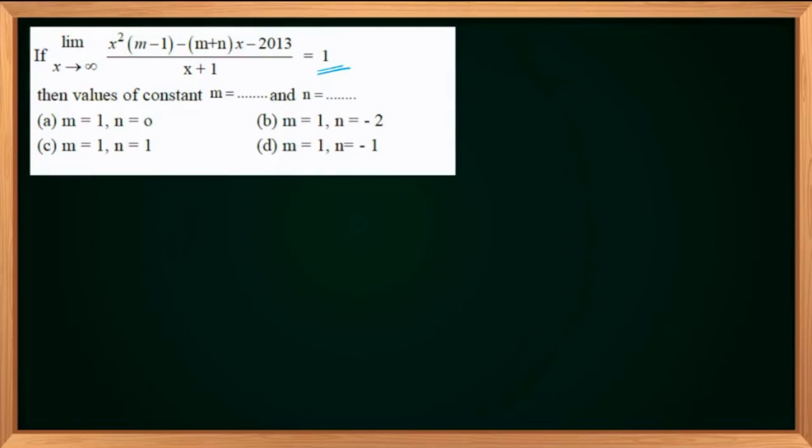Right. So the answer for this one is option B. That is correct. Now, how should we approach this question? The first point is, you must have the m value equal to 1. Why? Because when x is tending to infinity, there is a numerator polynomial of second order and a denominator polynomial of first order, and the answer is a constant. If the answer is a constant, you cannot have numerator and denominator polynomials of different orders,